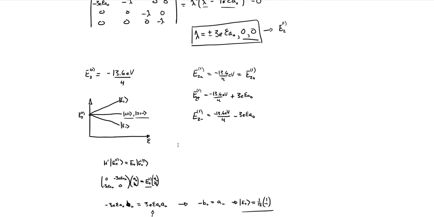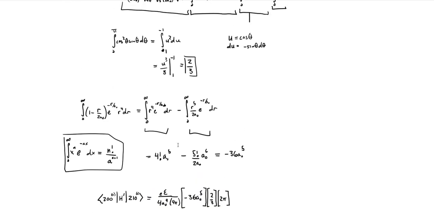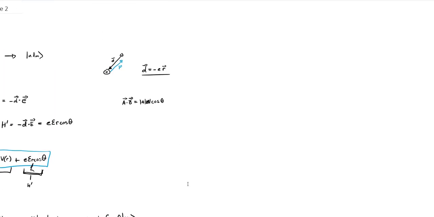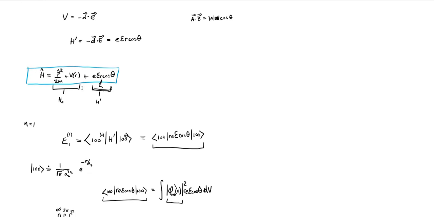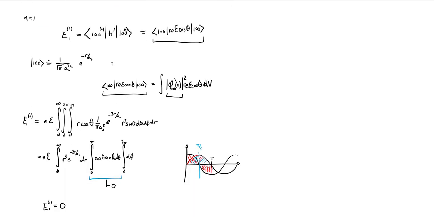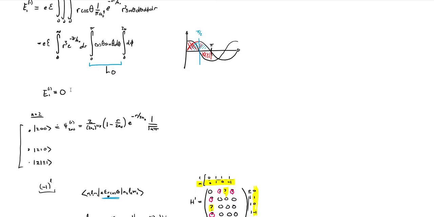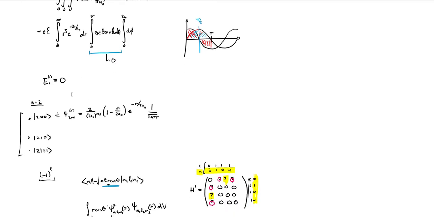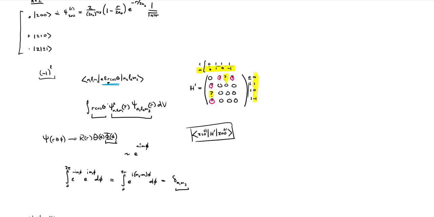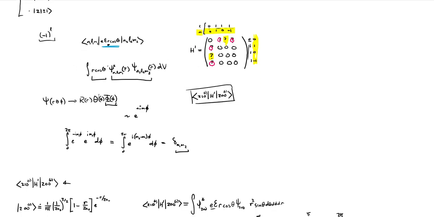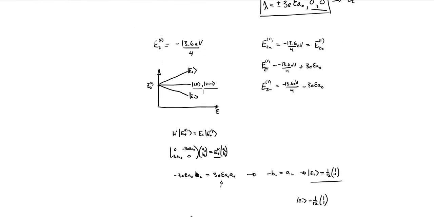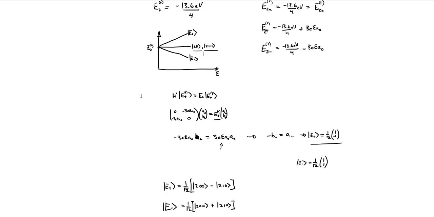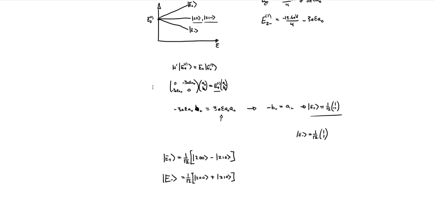Hopefully you followed along and this is making sense. But a nice example, I think, that hopefully we can all work through. Apply an electric field to our hydrogen atom. The n equals 1 state is non-degenerate, so we apply non-degenerate perturbation theory. We see it actually isn't perturbed by that electric field. Look at the n equals 2 states and apply our degenerate perturbation theory and come out with that sort of coupling between the S and the P0 states.